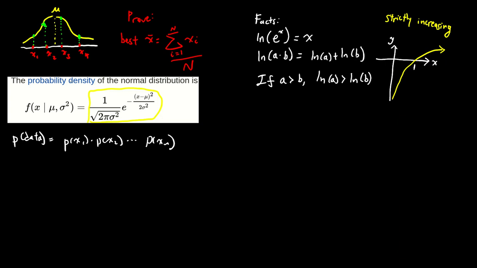So I've taken the probability density function of the normal distribution from Wikipedia, and this part that I've outlined in yellow is just the equation of this yellow line here. So I can rewrite this as the product of i going from 1 to n of 1 over square root of 2 pi sigma squared, times e to the power of negative (xi minus mu) squared over 2 sigma squared, right? Okay, so I've just substituted my individual xi's in for the x here, and I'm taking the product of all of them. Okay, great. So this is the likelihood of having seen our data,